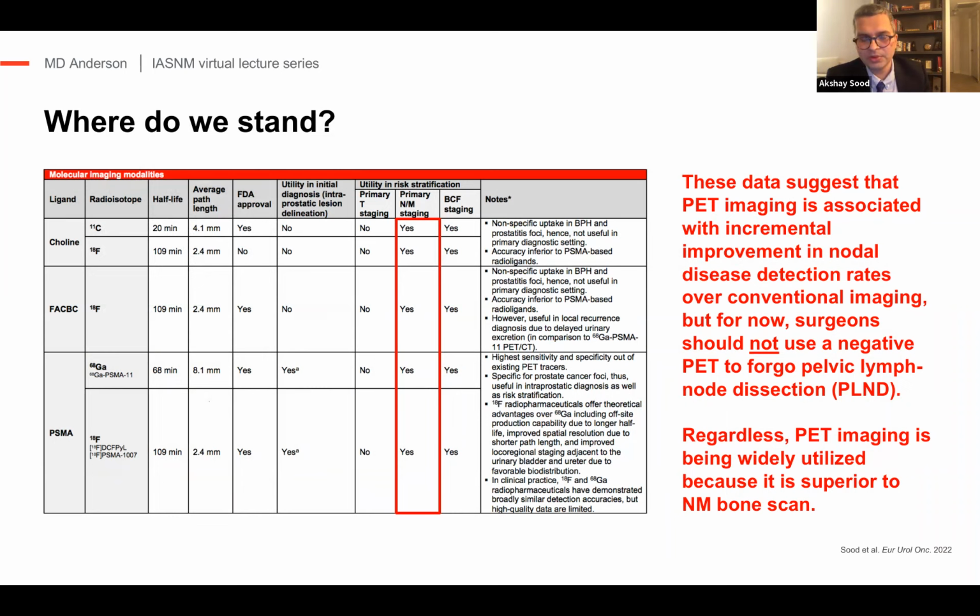But we do use PSMA PET very frequently in high risk or unfavorable intermediate risk prostate cancer patients in our clinic, because although it may not be very accurate for nodal disease staging, it is very accurate for other systemic staging, and it clearly performs superior to bone scan as well as CT scan. So that's become the model here, at least at MD Anderson, that we are using more and more PSMA because it's just one test and gives us all the information that we need.